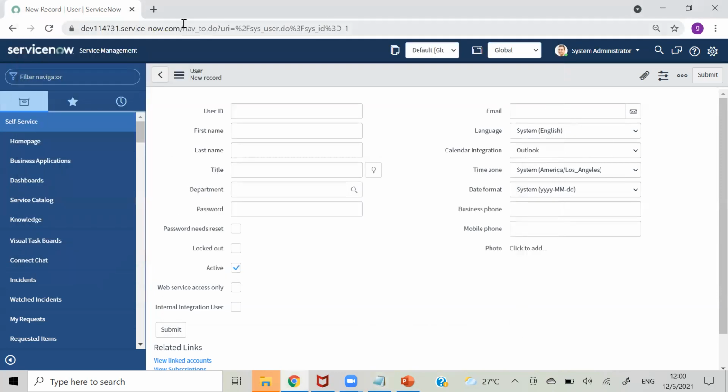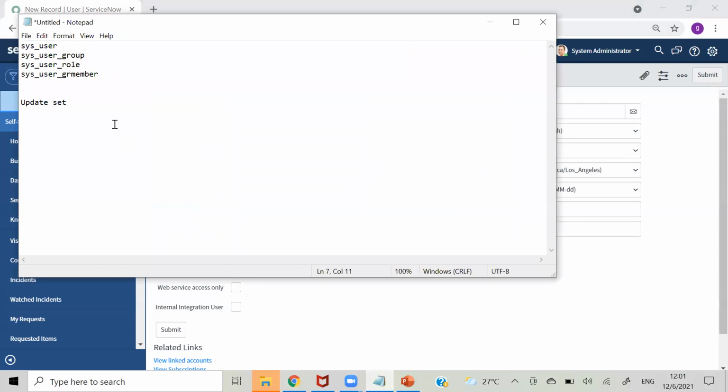We will try to move an update set from one instance, like this dev instance, to another instance. I will take Sharat's or Rohit's instance, create a table in this one, and move that update set to another instance, so that it gets created there also. That is the concept of update set: how we create it and how we retrieve it in the second instance. After that we will be done with the configuration part, and we will go to scripting mostly from Tuesday.